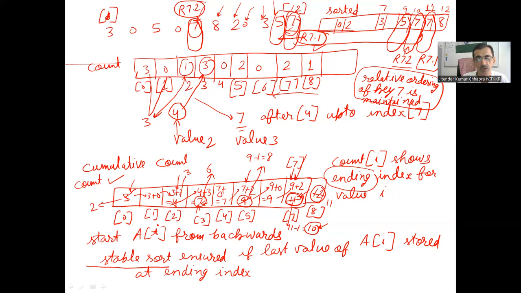So when we said a stable sort, effectively means that if there are 2 records or multiple records with the same value, like one is this, one is this. So I have 2 records, each having key as a 7, but other fields may be varying. Then if this particular record was before this second record, or if R7.2 is on the left of R7.1 record, both have same key,